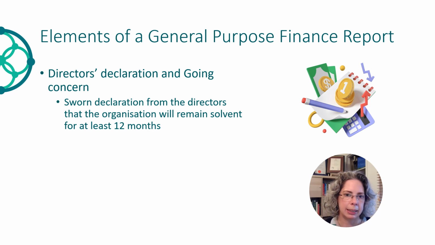When the directors make a declaration that in their professional opinion the organisation is going to be viable for at least 12 months, then they're stating not only have they considered the organisation's current financial position, but they're stating that they've also considered the risks that the business is likely to be facing, the business opportunities, the organisation's business strategy, operational plan, risk management plan, and financial management plan. And that considering all of these things, yes, it is reasonable for them to assume that the business is going